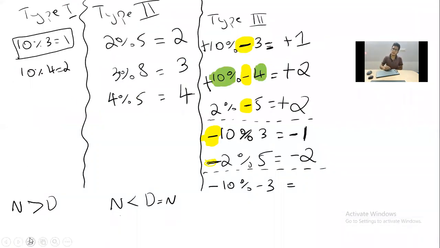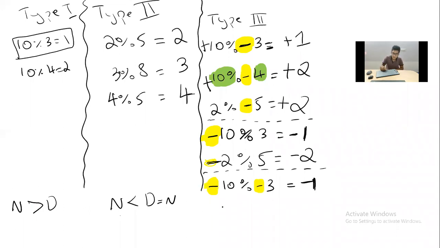What's the trick you have been applying? Whenever you see a negative sign, you have to ignore all the negative signs. So I'm ignoring this negative of the 3. So 10 mod 3. What is 10 mod 3? The answer is 1. After writing the answer as 1, I will see the sign of the numerator. The sign of the numerator is negative. So it is negative 1 here. The answer is minus 1. That's why we got the answer as minus 1.